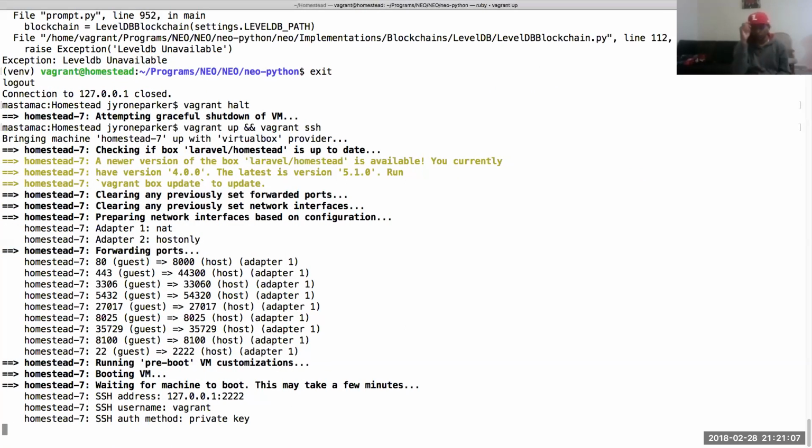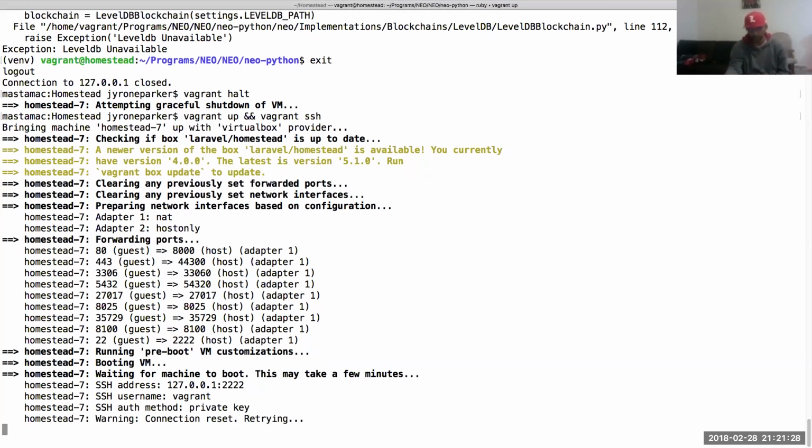But yeah, next week we're gonna work on the wallet to interact with this new token, and that should be fun. All right, that's taking forever.